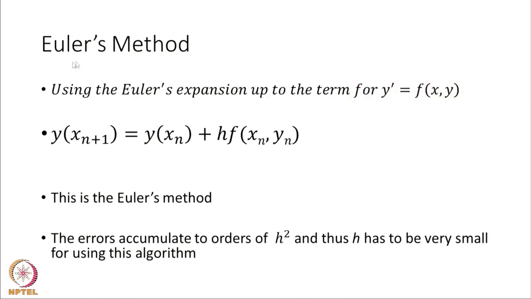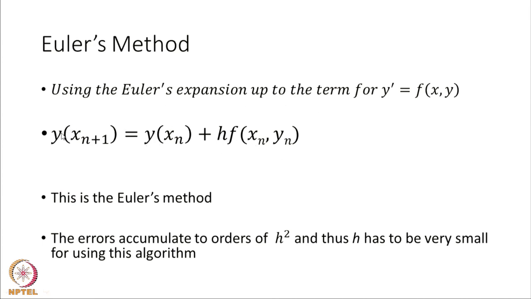See this one now. In Euler's method, you expand the Taylor series only up to the first derivative, and you say at new point xn plus 1, I have y xn plus h into f xn yn. So, this is how I solve the differential equation. I know the derivative, f is my derivative. Using that derivative at xn yn, I generate y at xn plus 1. Now, to generate y at xn plus 2, I already know the y at xn plus 1, and now take the derivative at xn plus 1, yn plus 1. I apply the same thing to the next step.